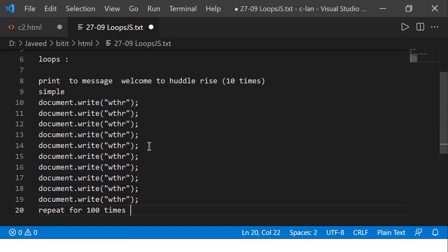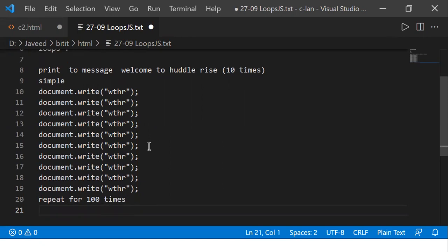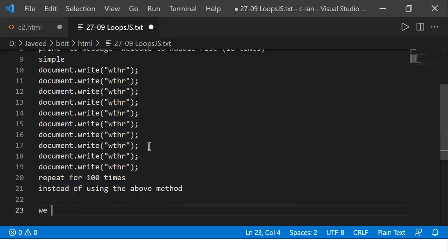Instead of using the above method, we prefer to have something called a looping statement.